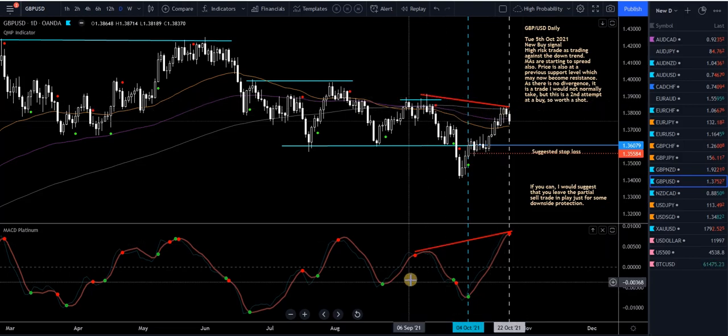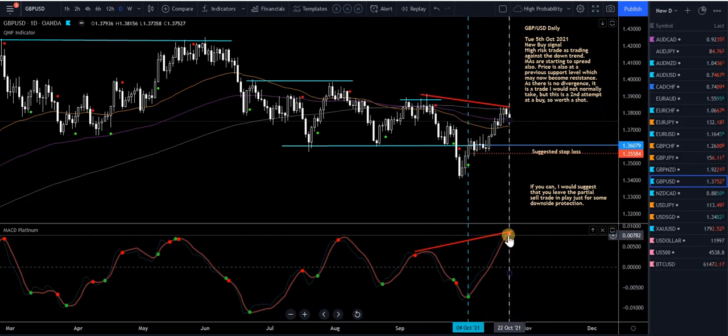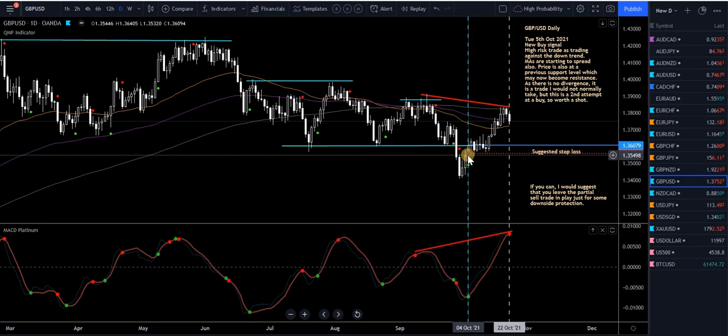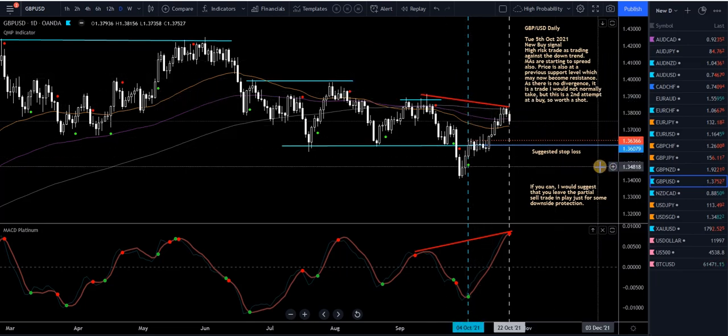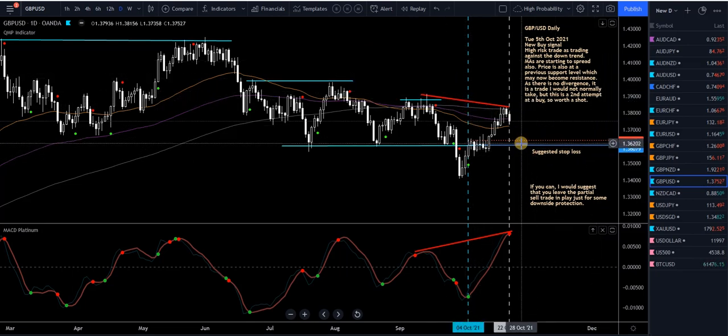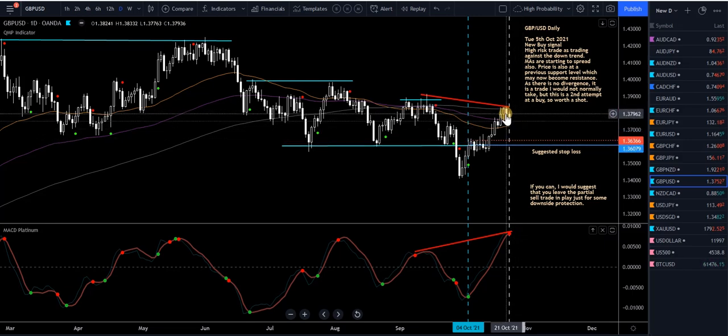This divergence is starting to form. We've got a red dot on the MACD platinum above the zero. Let's move this stop up. Now you can just bring it up, put it somewhere above your entry level. You can go down to a 4-hour chart, maybe have a look at some place that's obvious. As long as it's inside the buy, you can't lose on the second half. We're getting ready for a sell though, but